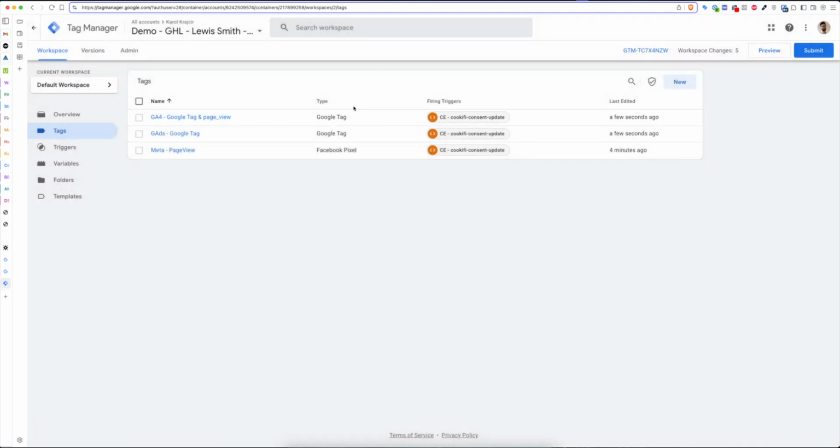And you're done. This setup contains basic mode for Meta page view, which is mandatory, and then also basic mode for your Google tags. But as I mentioned, you could also opt for advanced mode for your Google tags, and